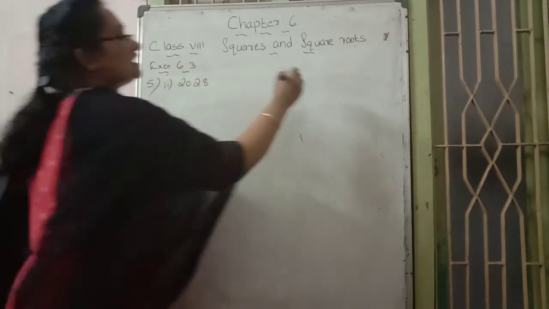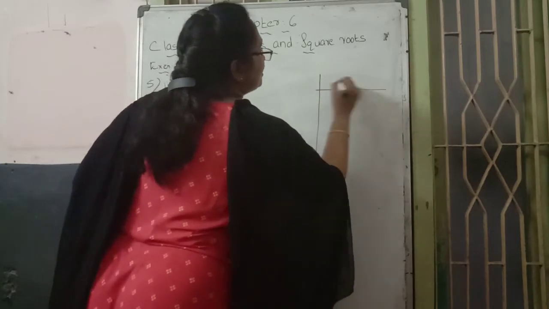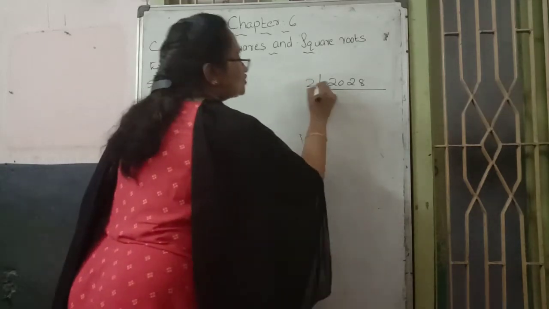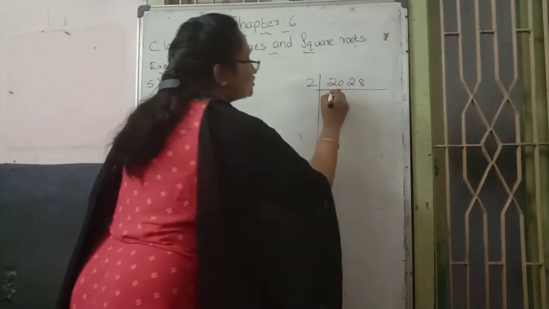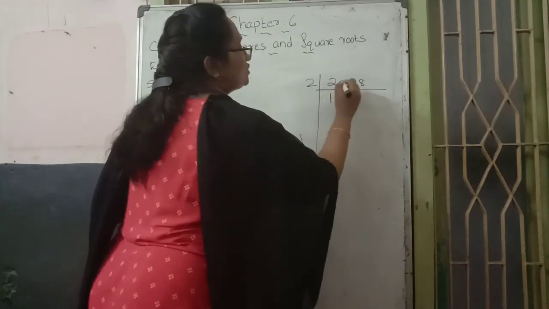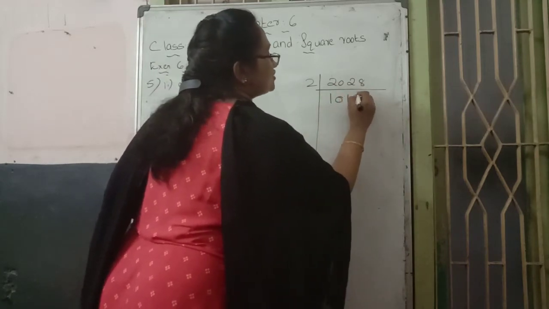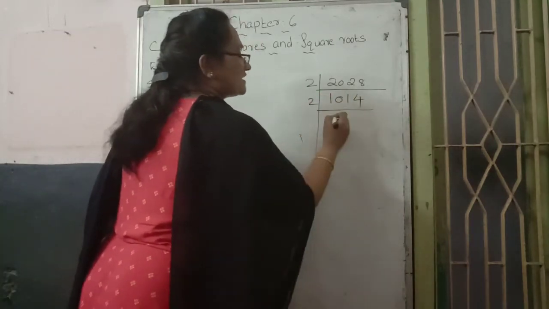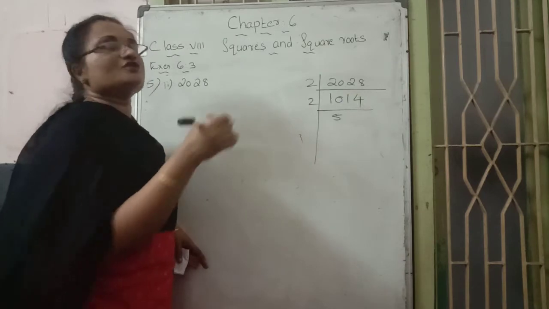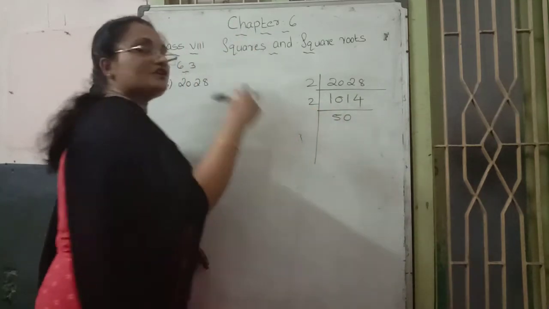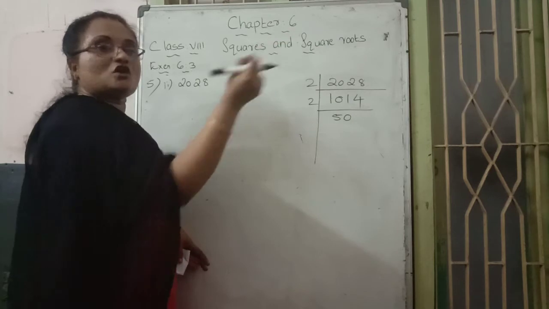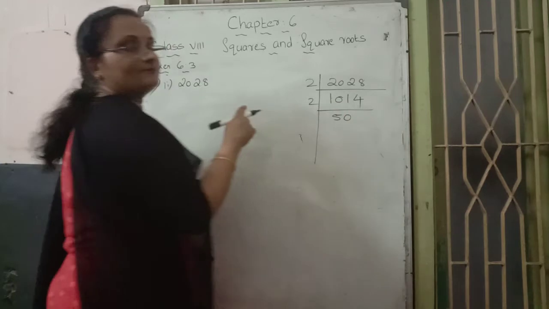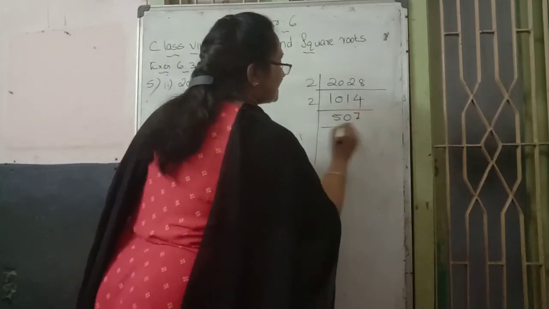2028. How to do it? There also we do prime factorization of 2028. 8 is an even number. That's why we use prime number 2 to divide. 2 table 2, 1 time; 2 table 0, 0; 2 table 2, 1 time; 2 table 8, 4 times. Again we can continue with 2. 2 table 10, 5. 2 table 1, is it possible? No. No means first we keep 0, then afterwards the next number, and both are read together. So not 4 only, read it as 14. 2 table 14, 7 times.